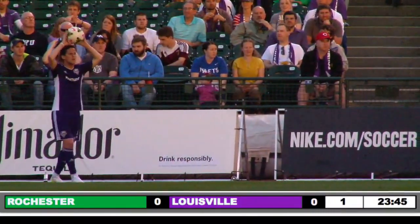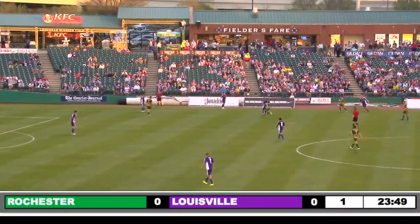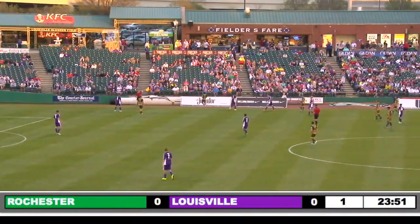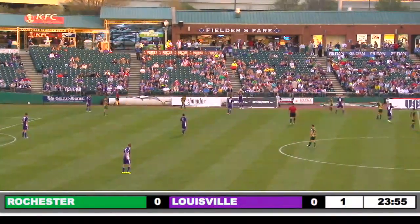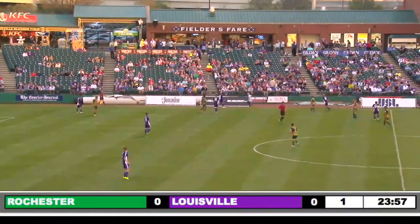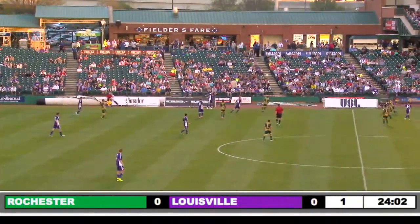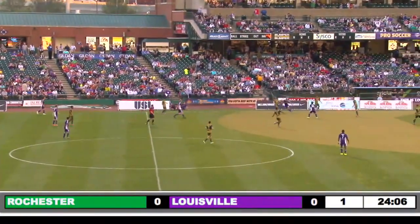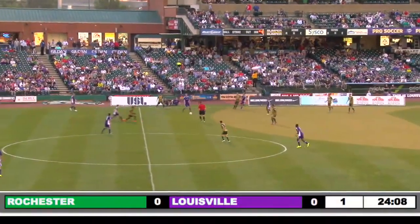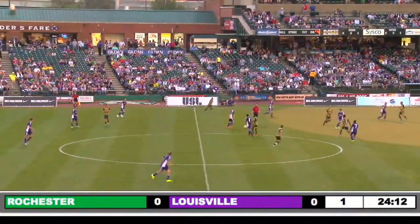Both these teams, as we said, off to terrific starts. And Rochester having to play their first 5 games on the road. That's a rough schedule right there, to start the year, and yet they're unbeaten in their first 3, 2 wins and a draw. And then Louisville won 0-1, but boy, they've got to feel a little bit unlucky against Richmond. They had so many chances in that first half to go up by 2 or even 3-0. It was just 1-0 at the half and wound up being a 1-1 tie, but they had a lot of